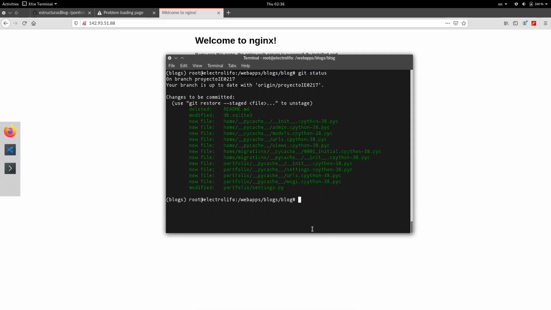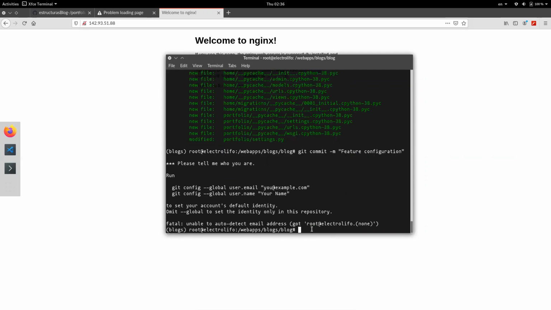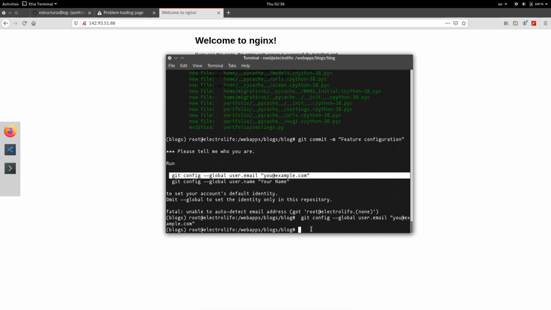Everything is added again, and let's press git commit -m feature configuration. And okay, I did not set that. So git config. Let me check git config